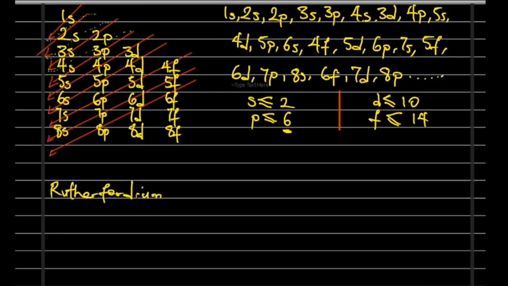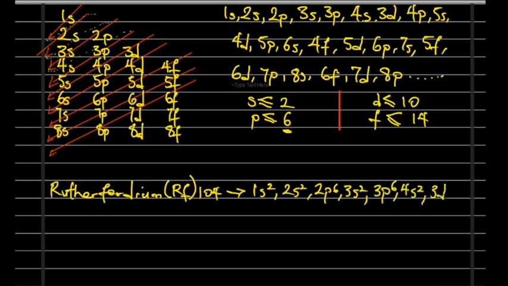Let's take rutherfordium. Rutherfordium has atomic number of 104. Okay, let's see. We have 1s2, 2s2, 2p6, 3s2, 3p6, 4s2, 3d10, 4p6, 5s2,